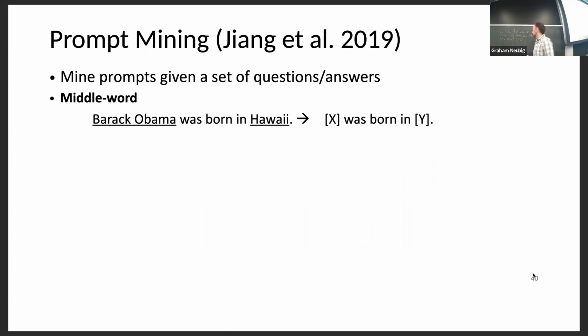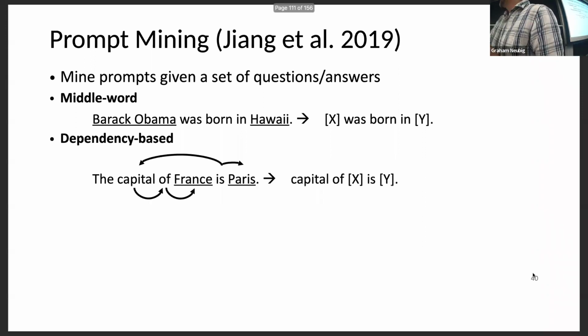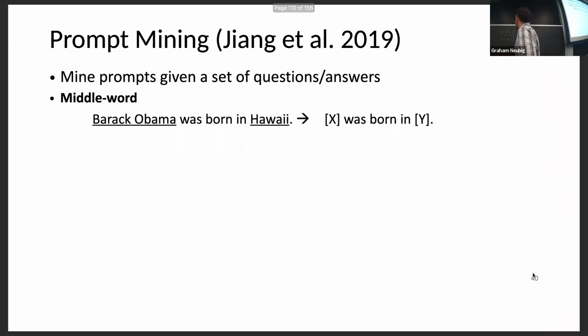So we have something like this, and what we do is we essentially extract templates that match that pattern. We'll find a whole bunch of text that says things like Joe Biden serves as the president, Joe Biden is the president, and other things like this.